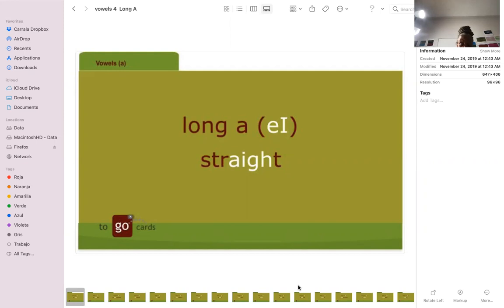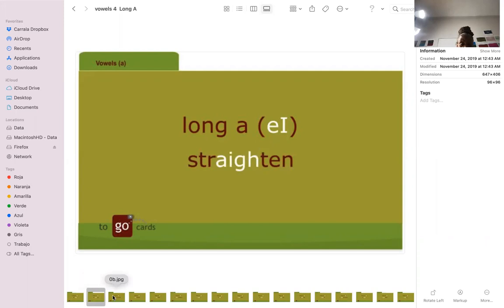So let's look at it. I know by this time you're tired of the long A sound, but we're not finished yet. And this will help you. This will help you tremendously to write English, to understand why it's written like that. And if you teach English,